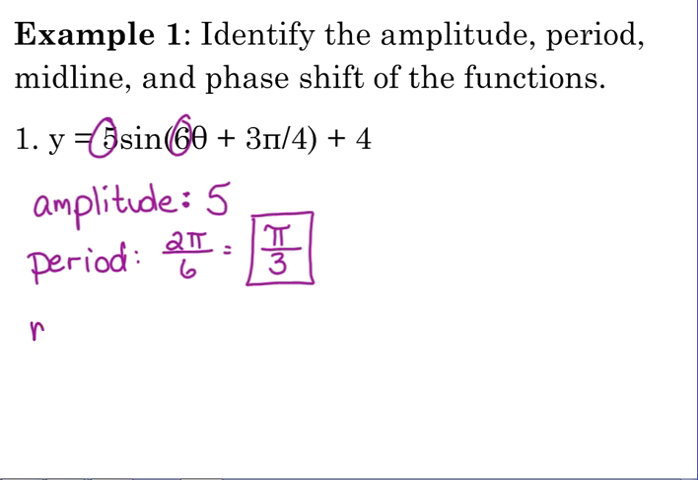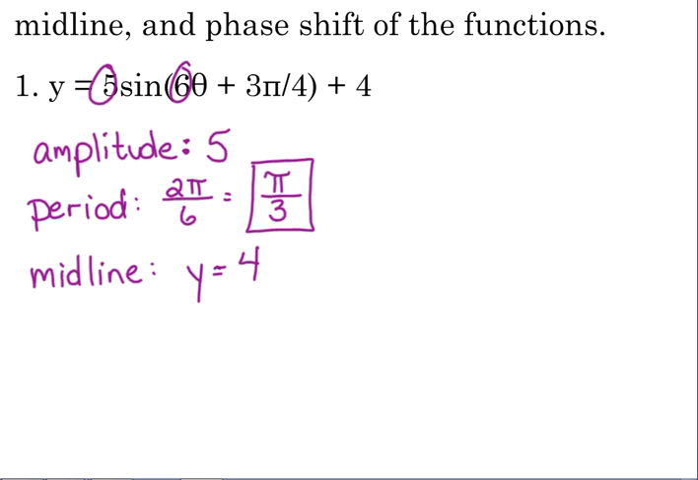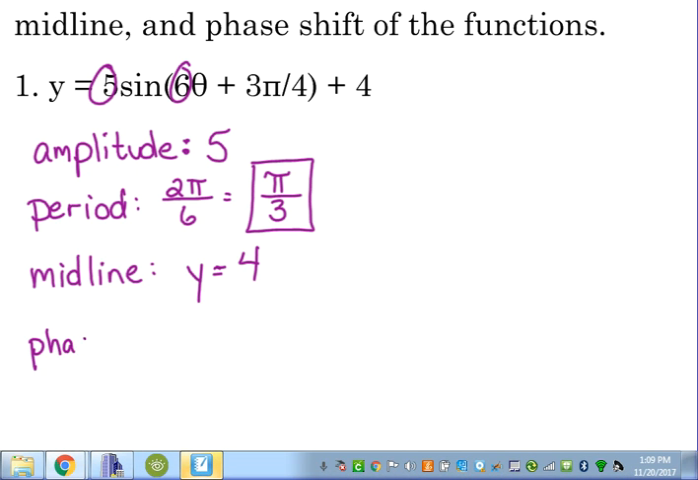All right, in the midline, I'm doing these in order of, well, not necessarily simplicity. These three are easier than the phase shift, okay? So our midline here is just y equals 4. It really is as easy as it's just that constant on the end, okay? Now, the phase shift takes a little bit more work, okay? So the phase shift,